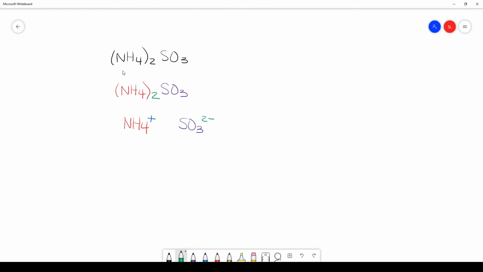So remember, I started with the chemical formula. So I'm not rewriting this formula, but I am taking now these two distinct ions, and I'm simply going to write their names. So NH4 plus is ammonium. I leave off the word ion whenever I might have had the word ion for standalone. Ion, I leave it off, so it's ammonium. That's the cation name, and a space. And my anion name in this case was sulfite. Ammonium sulfite.